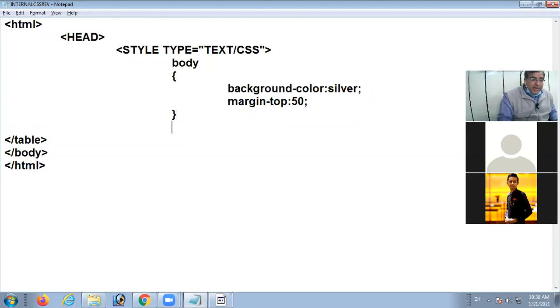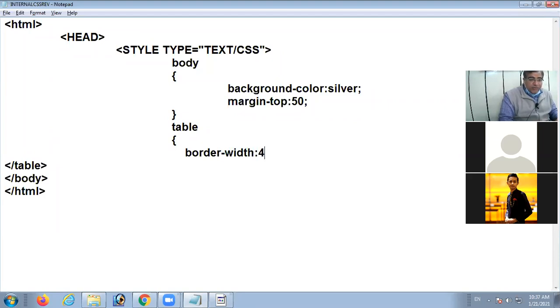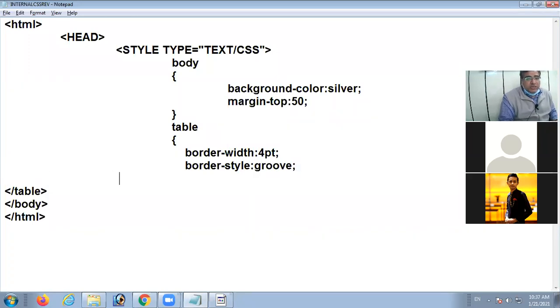Now I go with the table tag. My next selector is table. I'm going to write properties for table. Here I want border width 4. I want border style groove. I want outline width 5.